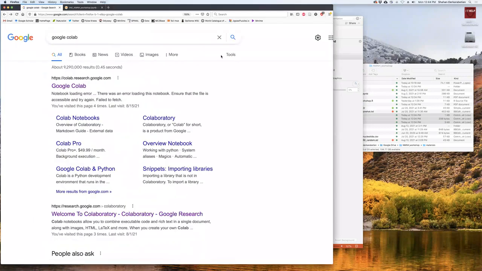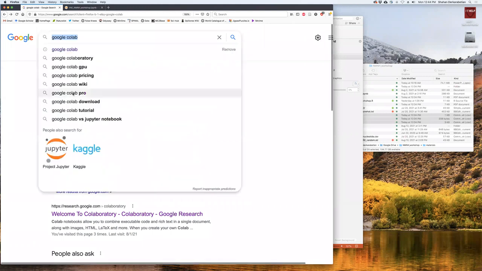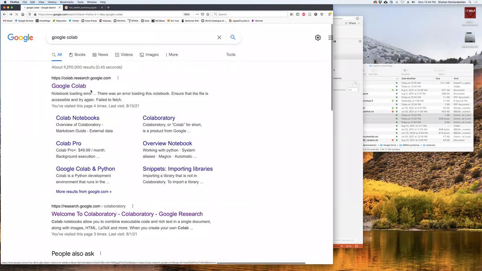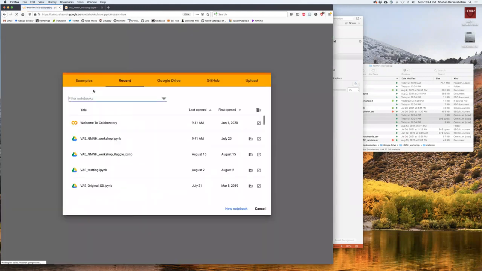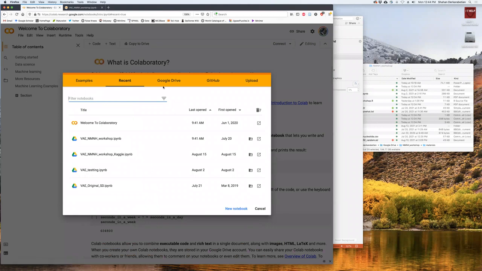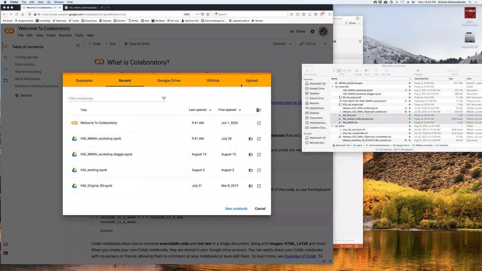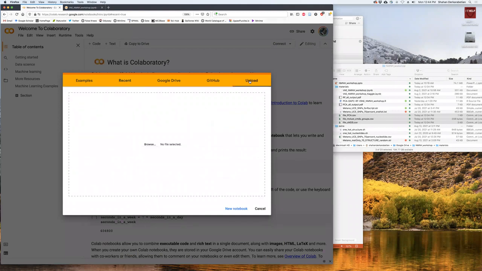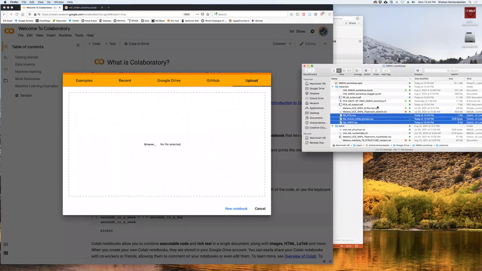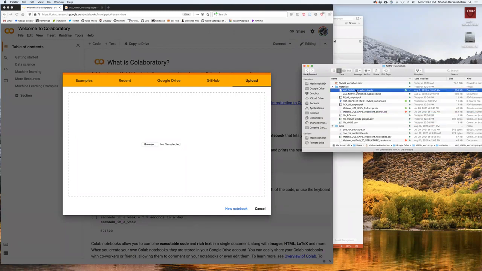Is the text size okay for this? That looks good, yeah. Okay, so you type in Google Colab, click this button, and you'll get this window. It knows where my files are, but for the file I gave you, you're going to go to this upload, and then you can just drag and drop this file, VAE workshop, drag it in there.